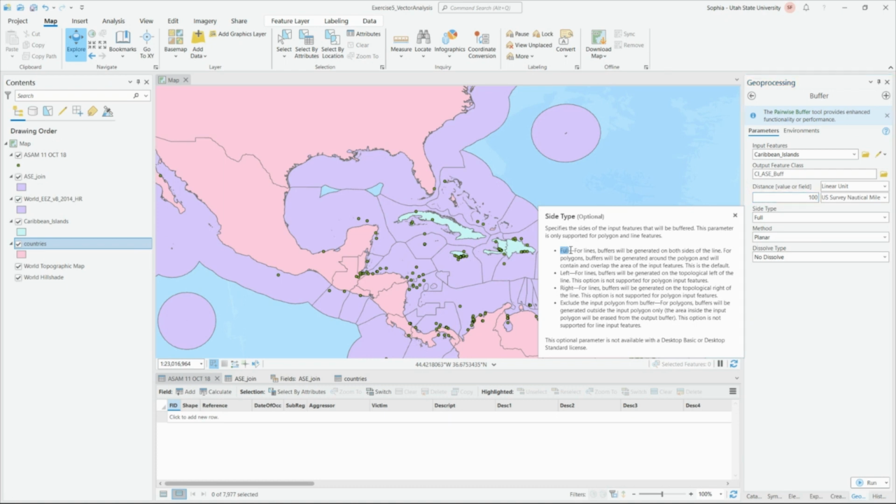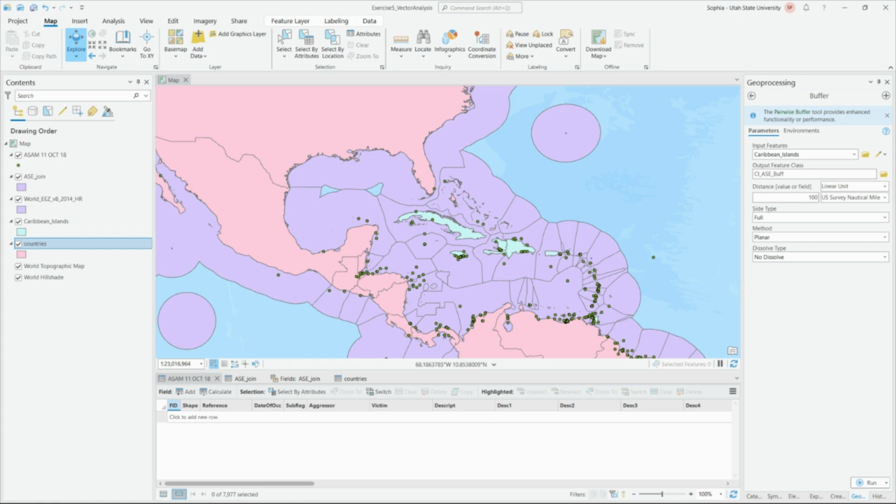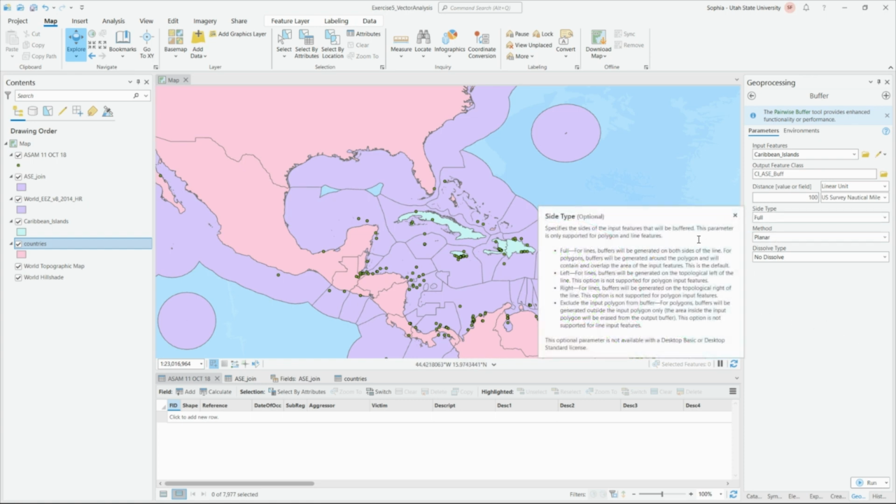So you can see here that if we were to use full, our buffers will be generated on both sides of the line, or be generated all around the polygon. It will contain overlapped area of the input features, which is our default. We have our left, so our buffer will be generated on the left of the line or the right of the line, which is not helpful for our polygon features. Or we can exclude the input polygon from the buffer,